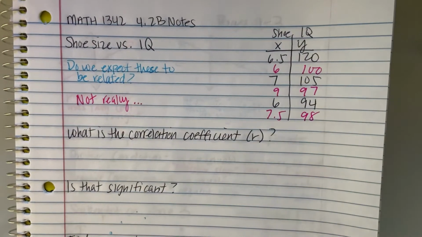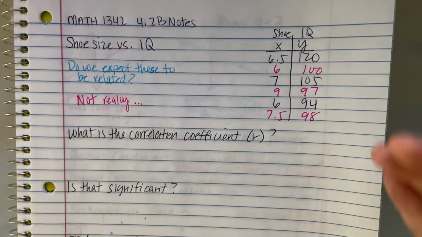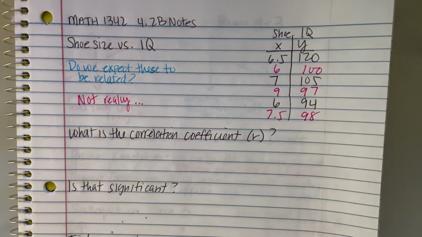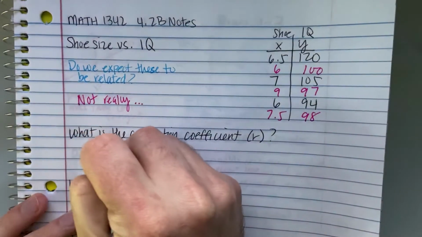So over on the right, we have a table with shoe sizes and the IQs of the person relative to their shoe size. So we calculate the correlation coefficient by putting this either into your calculator or onto a website that'll calculate it for you. And we get an R of negative